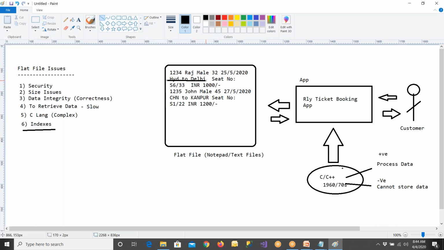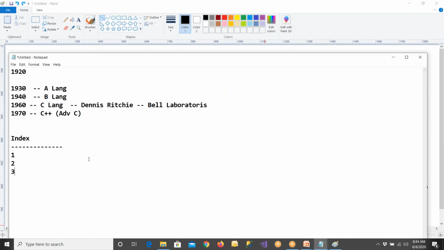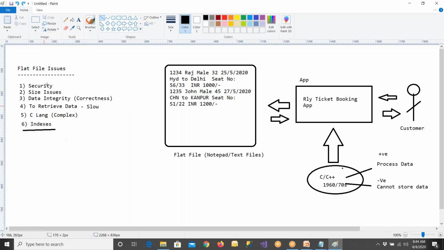In which page is it stored? And in which cupboard did you keep your pens? If you have that kind of information, if you have that index, then it is very, very easy. If you don't have an index of where the data is stored, because that kind of index concept was not implemented at that time, retrieval is very, very slow. Am I clear? To retrieve the data you have to write complex C language programs. Data retrieval is very complex and very slow, because no easy language is there to write the programs, and no indexes are available.